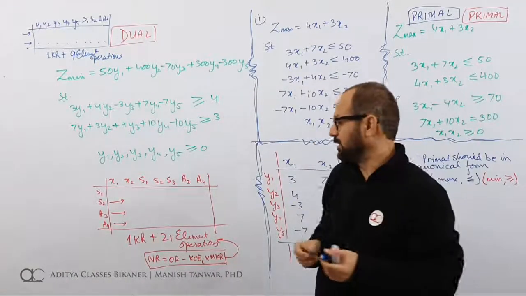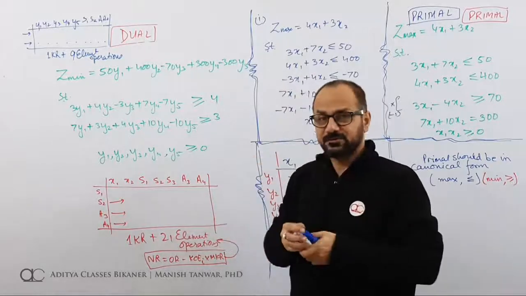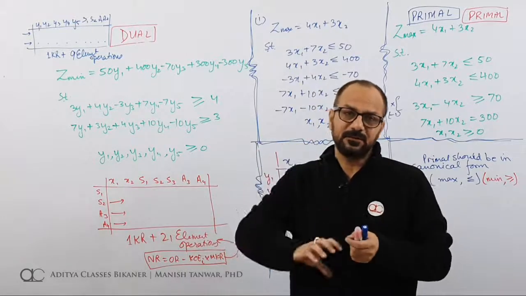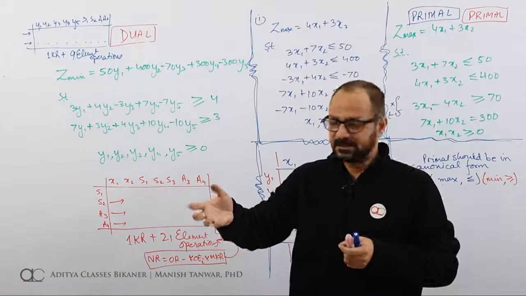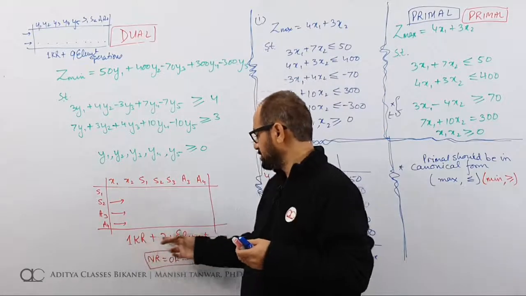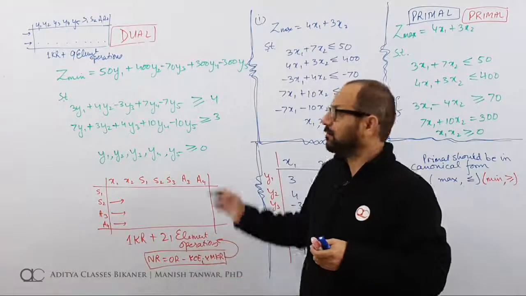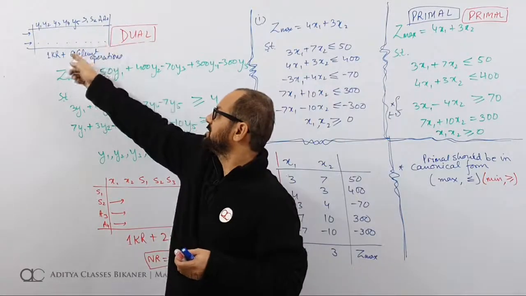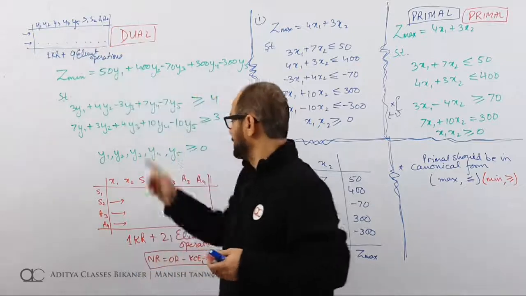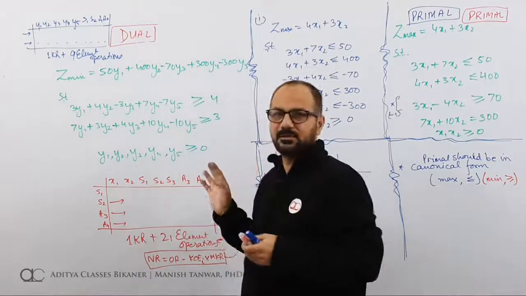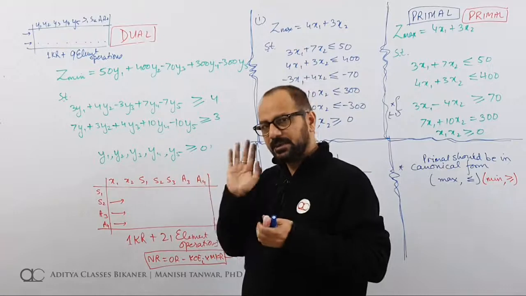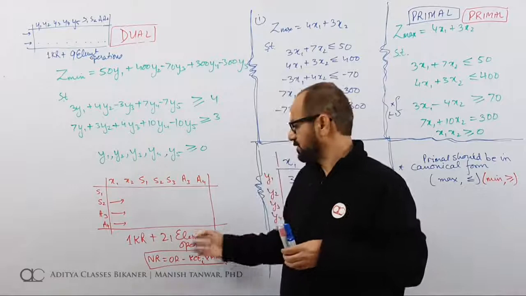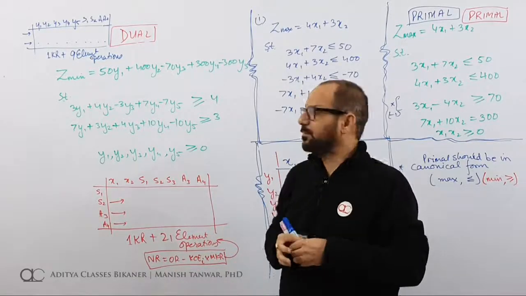If we formulate a dual, for each iteration, that is from converting the first initial simplex table to the second simplex table, I would need one key row transformation and 21 element operations. While in this case, when we have formulated a dual, although my number of variables has increased, now I am down to 9 variables. Earlier I was only up to 7 variables. Number of variables may have increased, but the element operations have come down to 9 instead of 21. So this is the power of dual.